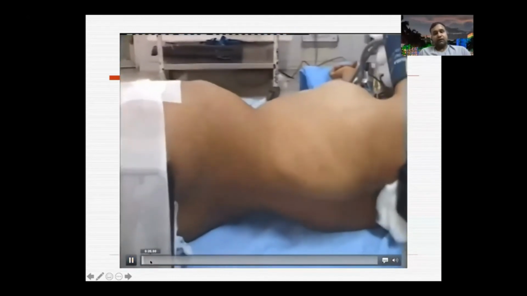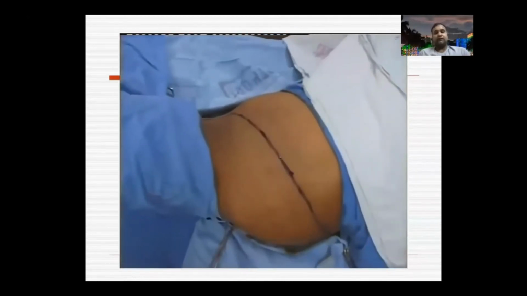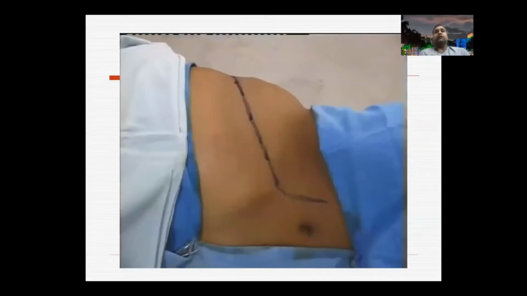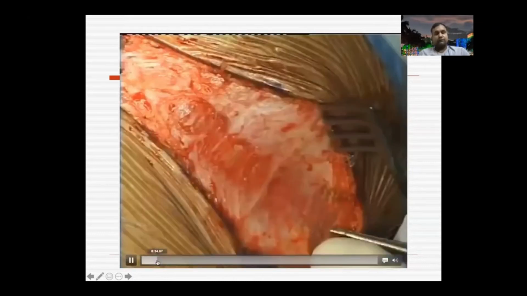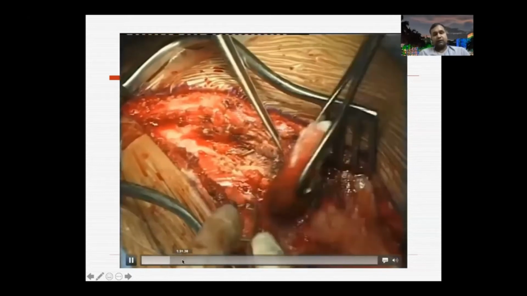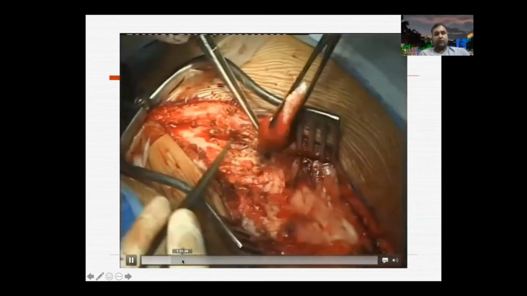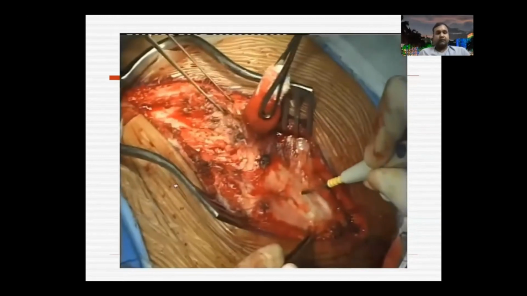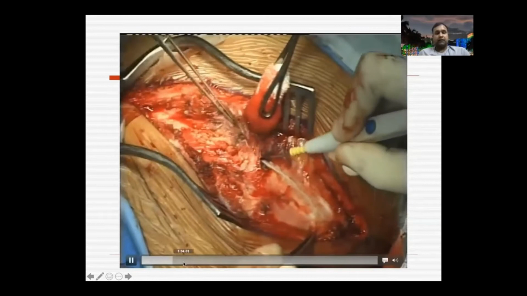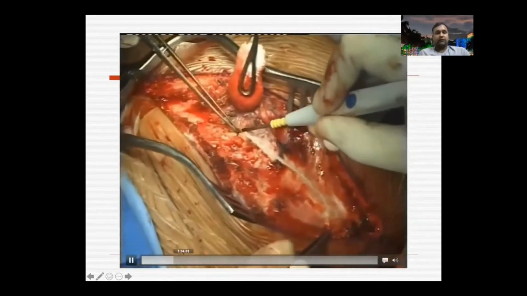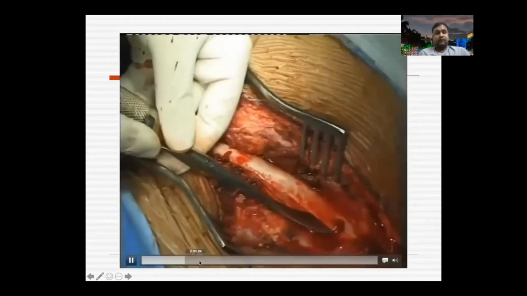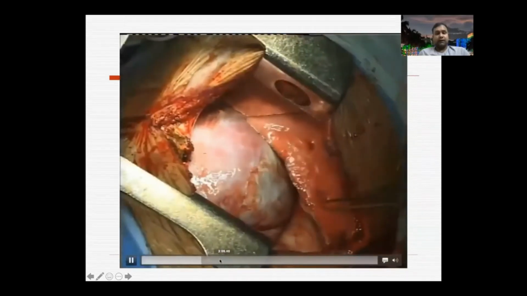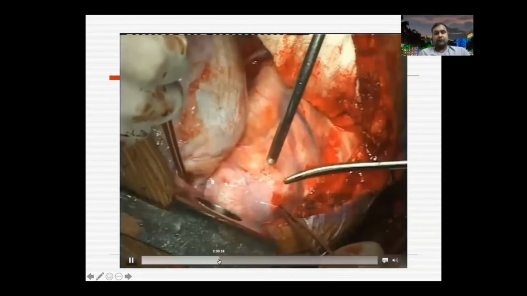As we all know, we approach it from the convex side. We can do it open or we can do it thoracoscopically. This is an example of a thoracoscopic approach. This is an example of an open approach. Here we take out the rib at the apex, maybe one or two ribs higher or lower, depending upon the deformity, and then you identify the segmental vessels,